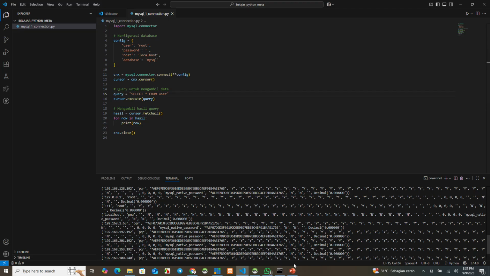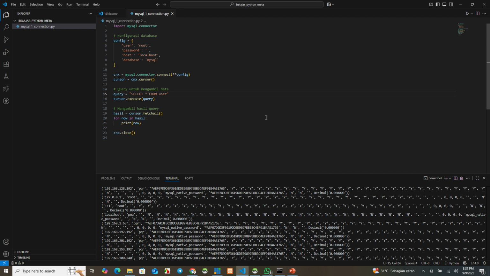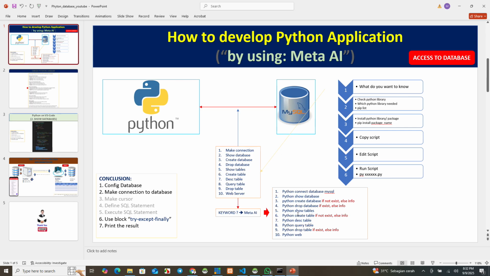So now we have not just made a connection, this example also queries data from the table user. Like this.